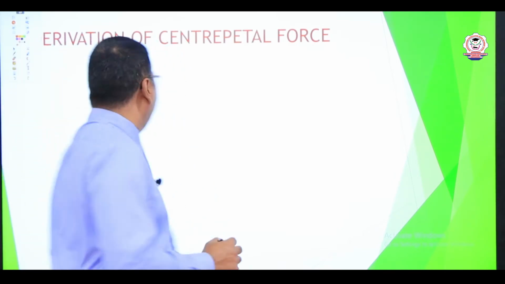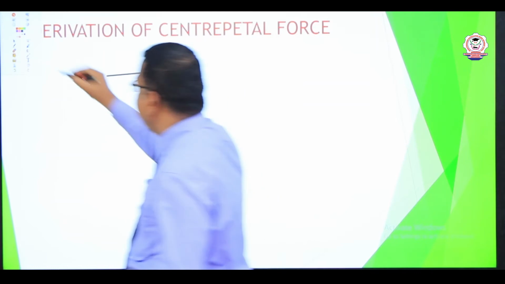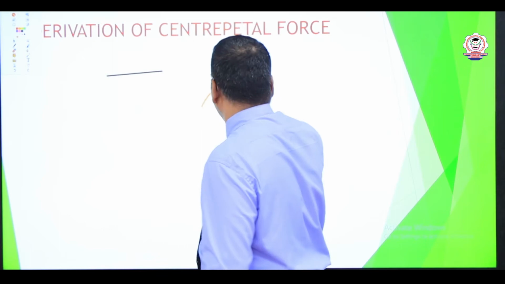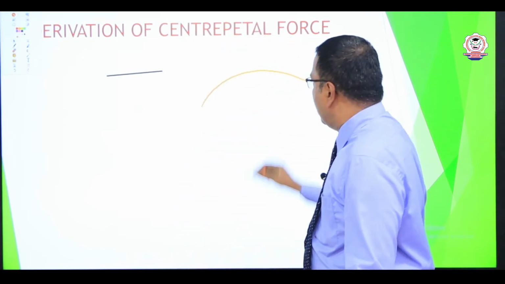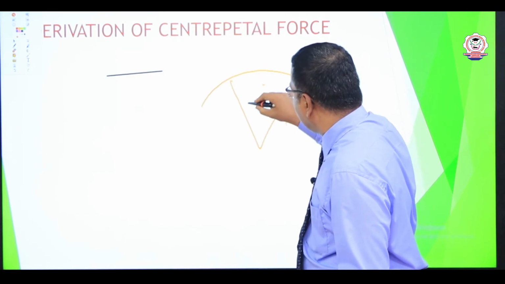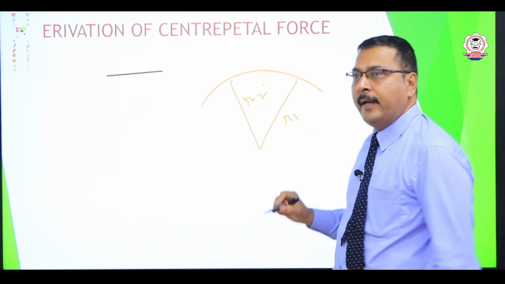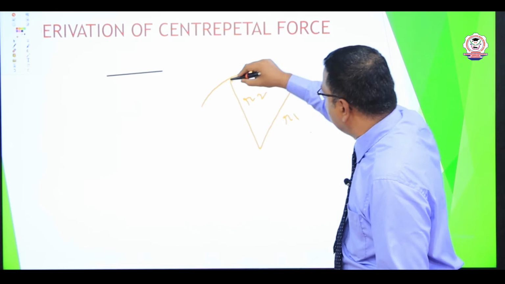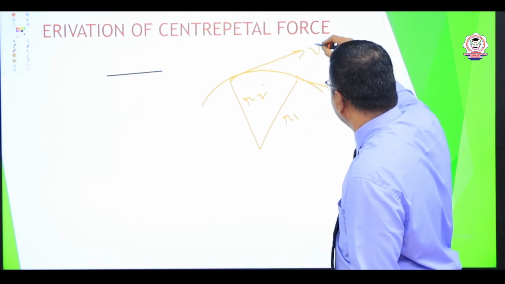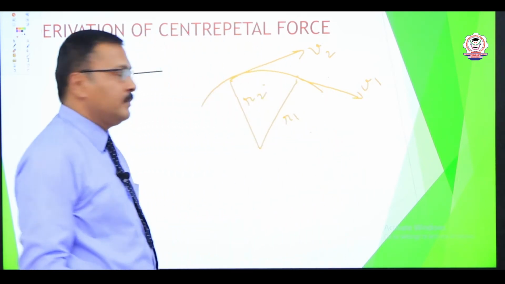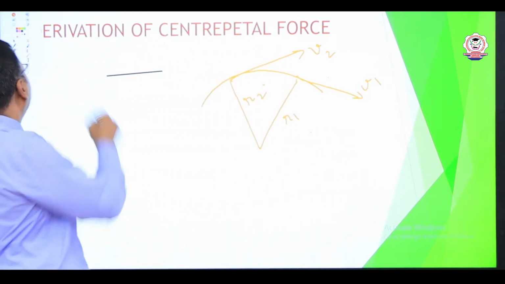Okay. So I am going to derive the derivation for circular motion. So this is the circle. We are having a radius R1 and this is R2. The point at which it moves, this is V1 and this is V2. Now we want to find out what the centripetal acceleration is. How do we find the centripetal acceleration?